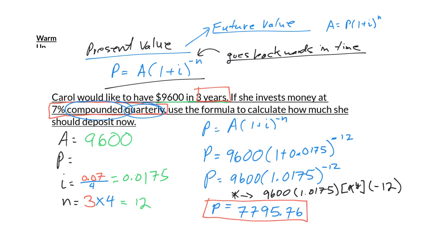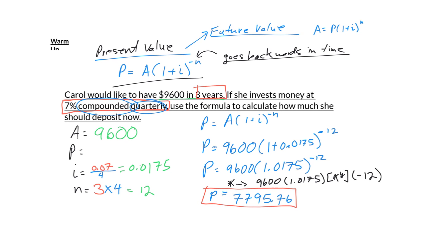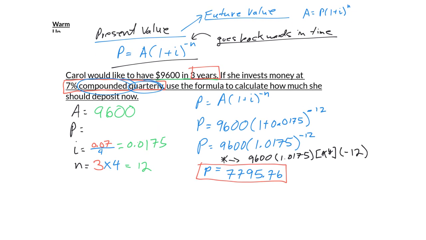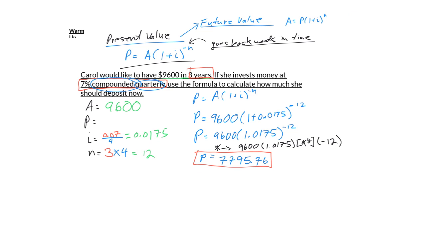So all we have left to do is to ensure that we have answered the question for this problem. So far, we haven't quite done it yet. So let's go and write our final answer for this problem, the concluding sentence. In this case, we're determining that we need to have $7,795.76 now